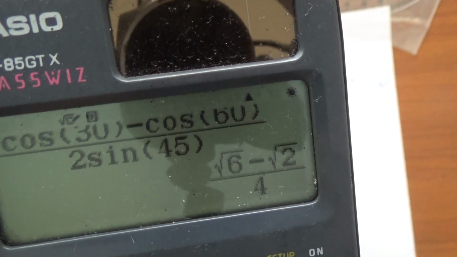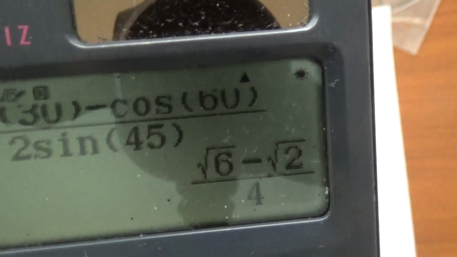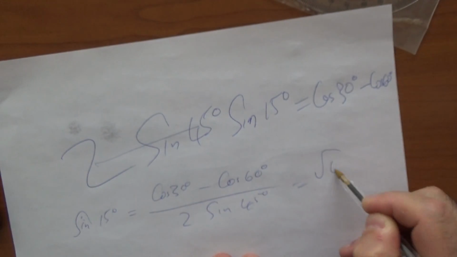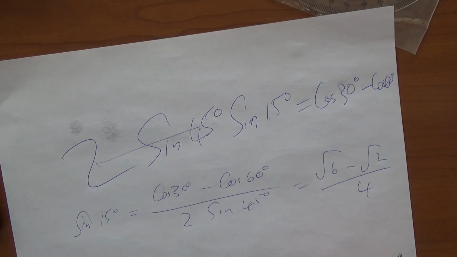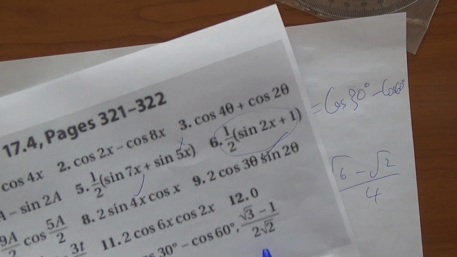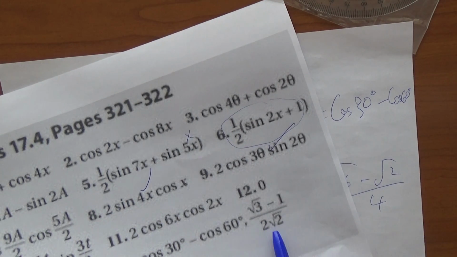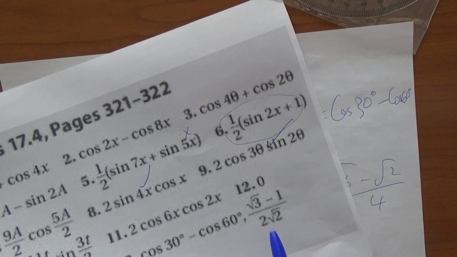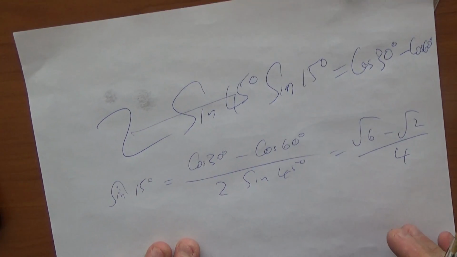Root 6 minus root 3 over 4, which is of course root 6 minus root 2 over 4. Now don't be bothered that your answer is different from that. That should have read this, because they failed to rationalize the bottom. Which in the craft of mathematics, in the old school mathematics, is a no-no. And it's still a no-no because we have a bit of pride. Okay, now having said that, let's do